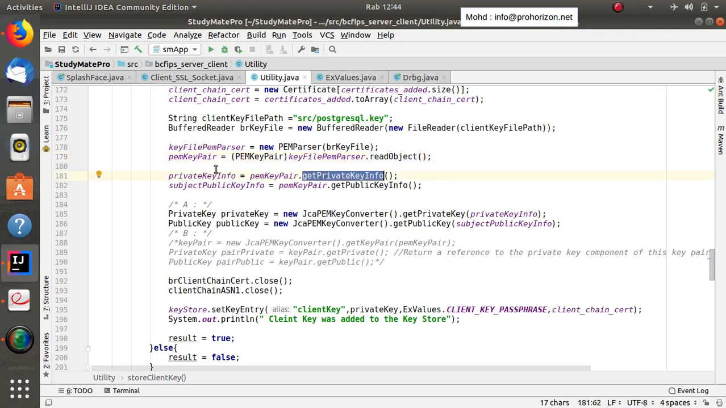We get the info of the private portion and the info of the public portion. Then we convert it to a private key using this class get private key, and we use as an argument the info of the private key, and for the public key likewise we do, though we don't need this public key to use, but for your information. Then we get this private portion of the client key and we use it here as an argument, and we give it any passphrase you wish. This is the entire process how you could store the key into the